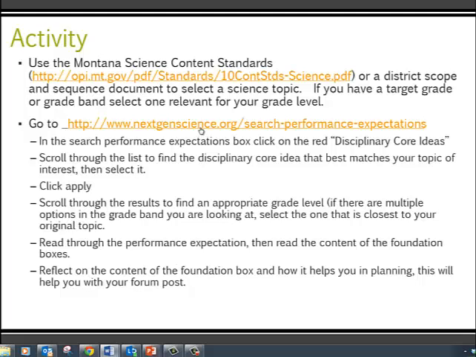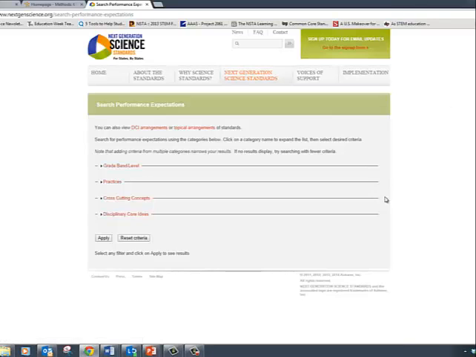And then you're going to go to www.nextgenscience.org, search performance expectations, and follow these steps. I'm going to walk through these steps with you really quickly so that you have an example of what that looks like. Once I click on the link, I get this search performance expectations box. And the instructions tell me to click on,